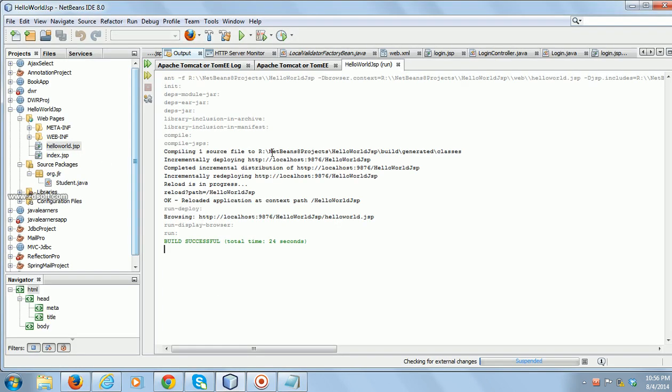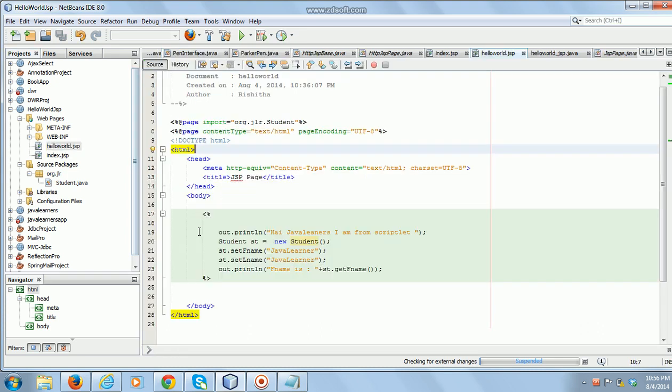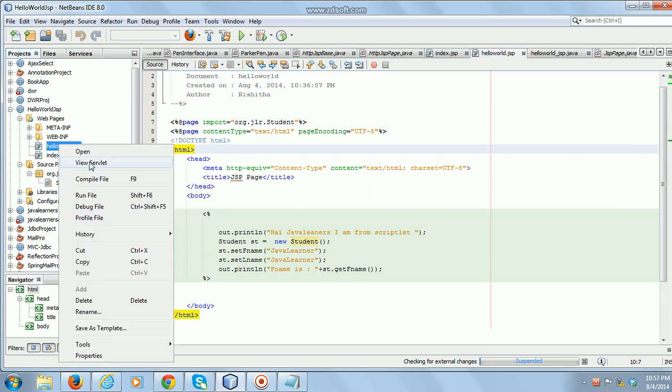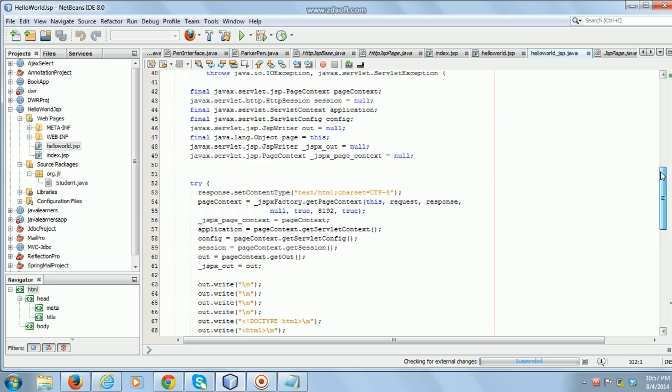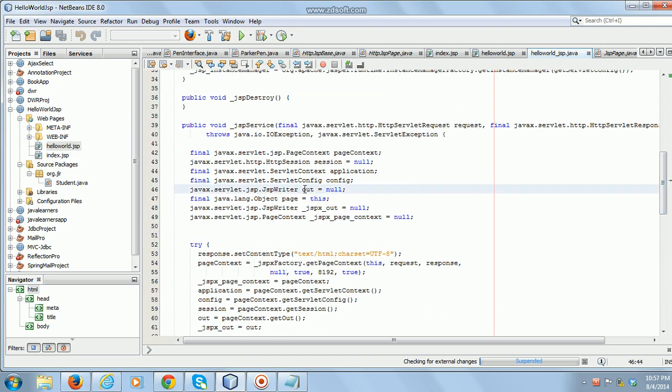Now if you want to see the code, as I have explained, all this code will be in _jspService. To see the code, right click, view servlet, and go to the _jsp servlet. As I discussed, out is an object of JspWriter. This is already declared, that's why I can use out in the JSP file.